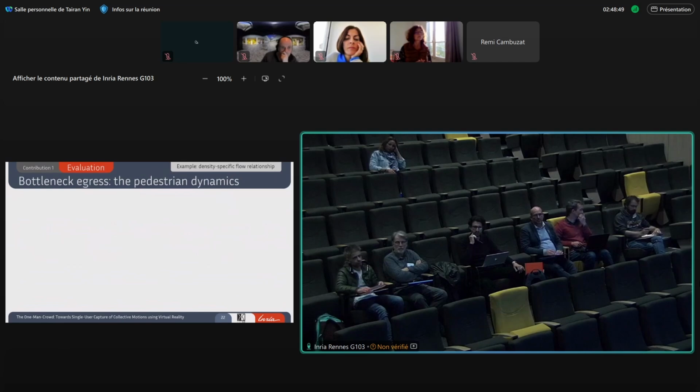Especially when we simulate a crowd for animations, usually you show the animation to people from a very long distance. You want to show the entire crowd, so you put the camera far away from the crowd, where people don't really see the local behavior anymore. They see the collective movement of the crowd, which makes the realism of the collective movement quite important in the end.